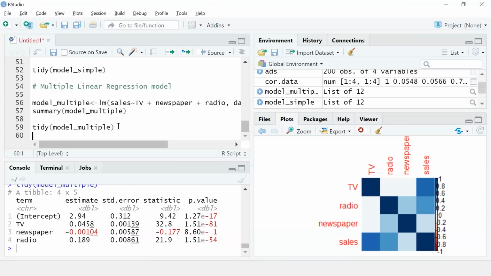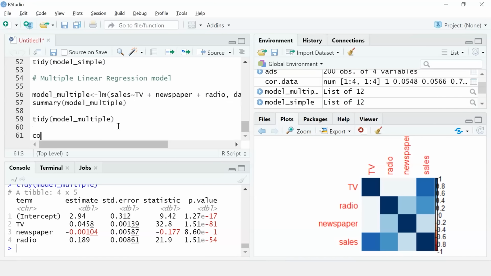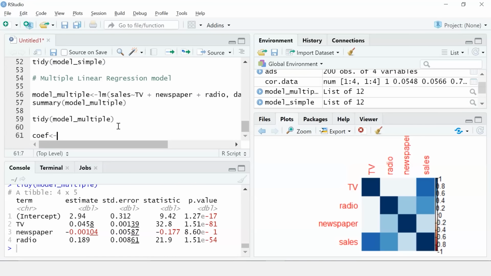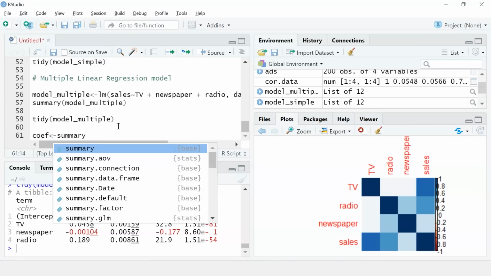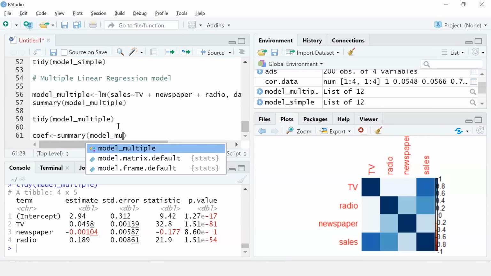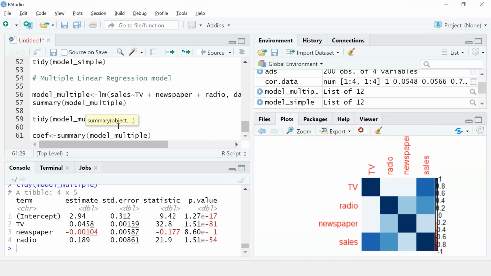Here is how you can do that. So take a variable name, and I'll use the summary function. I'll pass in model underscore multiple, and using the dollar symbol, I'll take the parameter as coefficient.